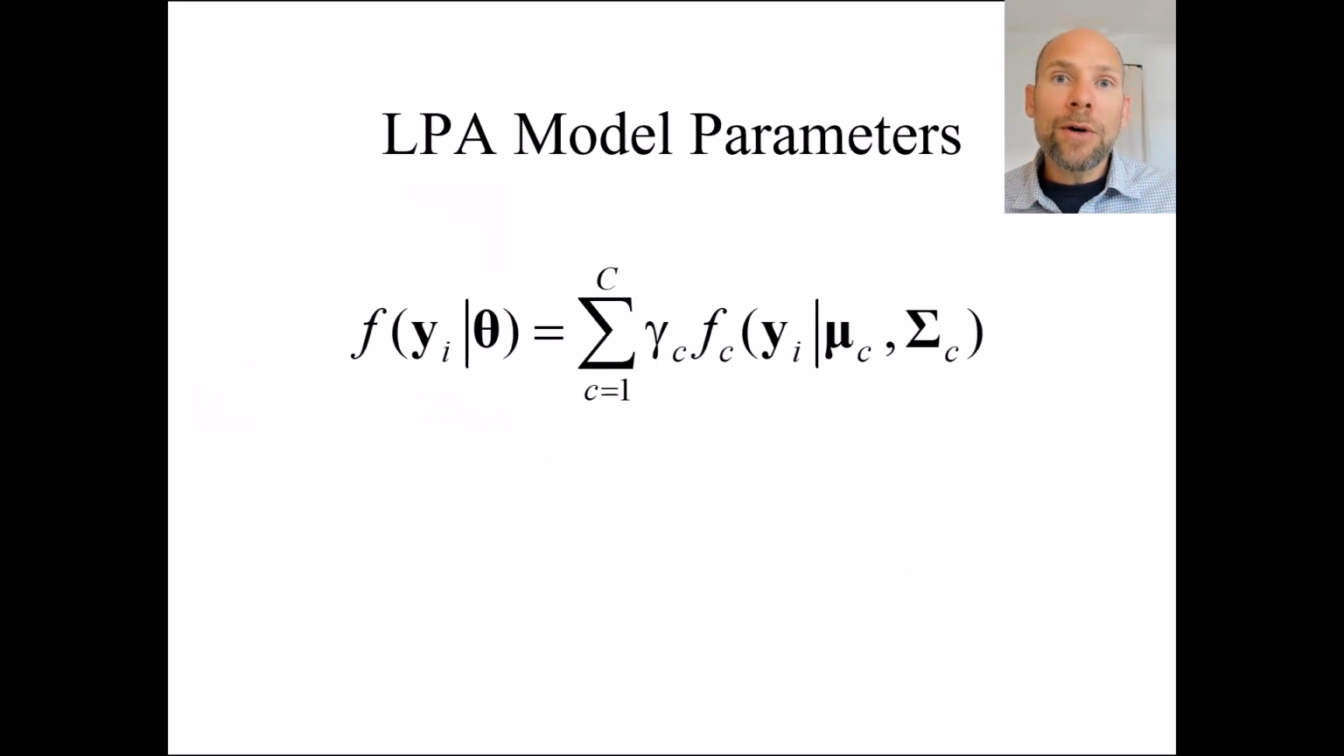So what are we looking for in the output? This video is about interpretation. So how do we interpret the results? And in order to understand that, we need to first of all understand what the parameters are in a latent